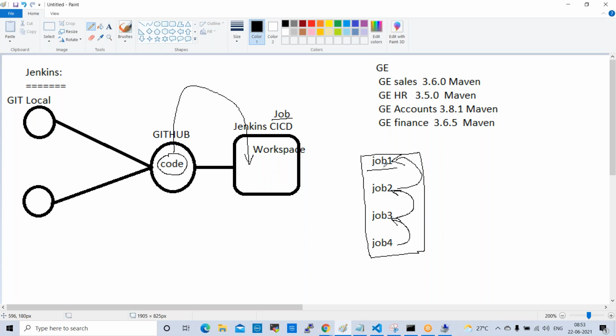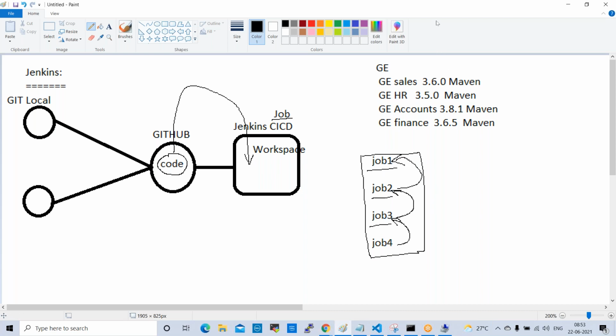Once job 1 is successful, meaning the sprint 1 code is picked from GitHub to Jenkins, then only job 2 will run, meaning sprint 2. Like that, we configure these jobs. Tomorrow we'll create a lab to see how these pipeline jobs and dependent jobs work.